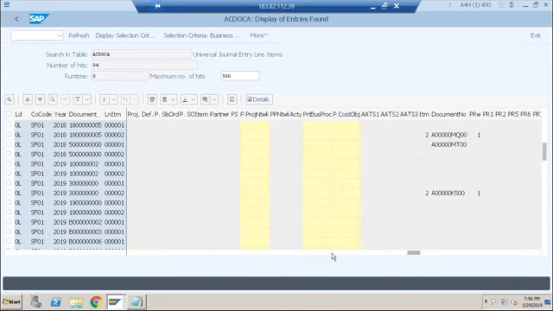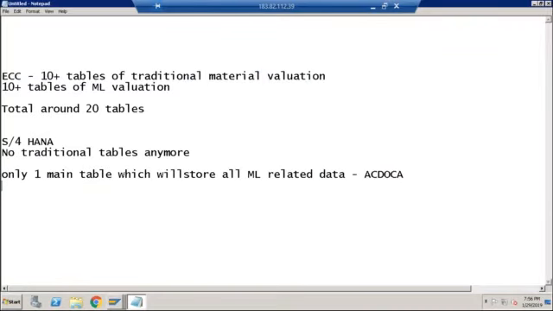So in short, again, two changes in material ledger. What are those two changes? Number one, simplified data model. What do you mean by simplified data model? Data is stored at one common place.